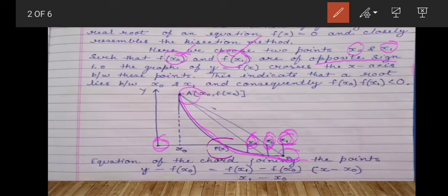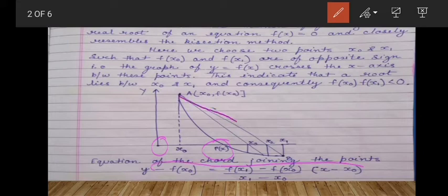We have to find the point which lies on this function also, and for which the value of y is 0 also. This is the y coordinate, and at this point the value of y is 0. Ultimately we have to find this point. So for this we will use a formula. We have to write the equation of chords. These are the chords for x1, then another chord is x2, then another chord is x3.